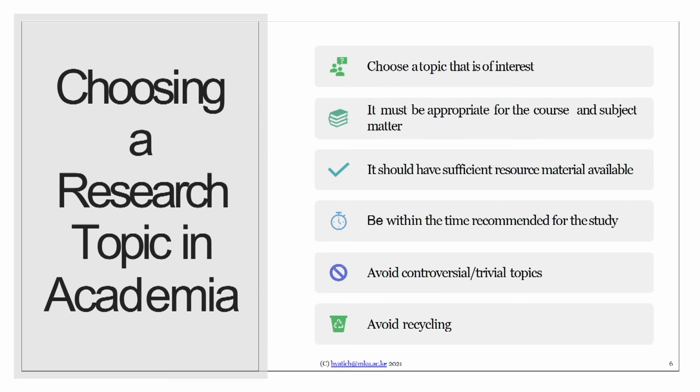Number 5 is that avoid controversial or trivial topics. I'll give you maybe 1 or 2 examples. Religion, for example. If you are doing research that maybe addresses something in religion, then we normally consider them trivial or controversial topics because there are people who maybe do not want to reveal their religion, either because of political reasons or maybe because of societal reasons, or maybe if you are doing it in a country or a society where